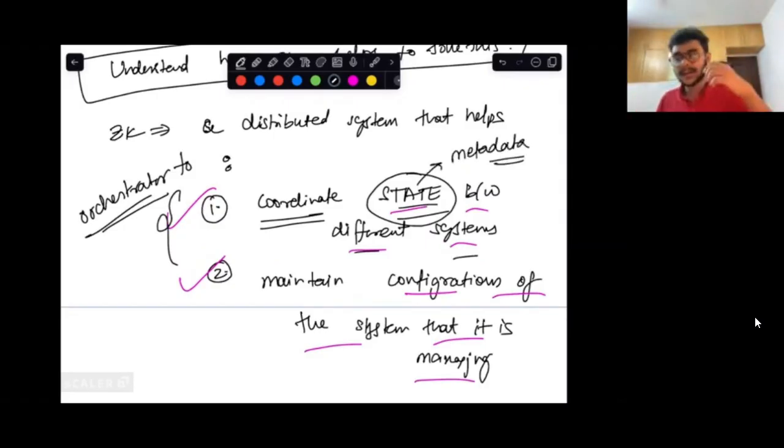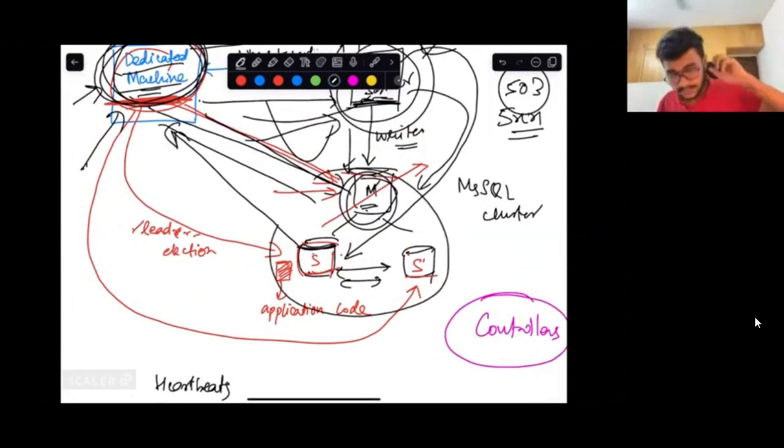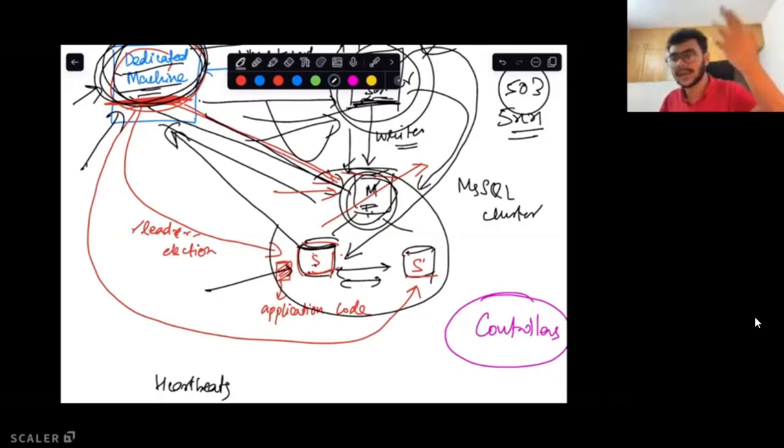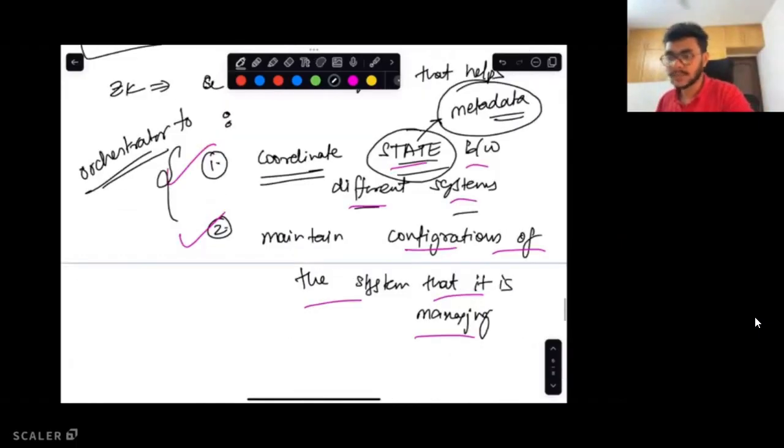Why did I say metadata? Because Zookeeper is not actually storing the data of, let's say, the MySQL cluster that it will eventually manage. Let us say this is the MySQL cluster which it is eventually going to manage. It is not storing the data of the database itself, but rather the metadata. By metadata, I mean whether it is alive or not, what is the IP address of a specific database server, what is the port on which you should be sending your write and read queries, right? These kinds of information can be stored in Zookeeper, so hence I called it metadata. I hope this point is clear to everyone.